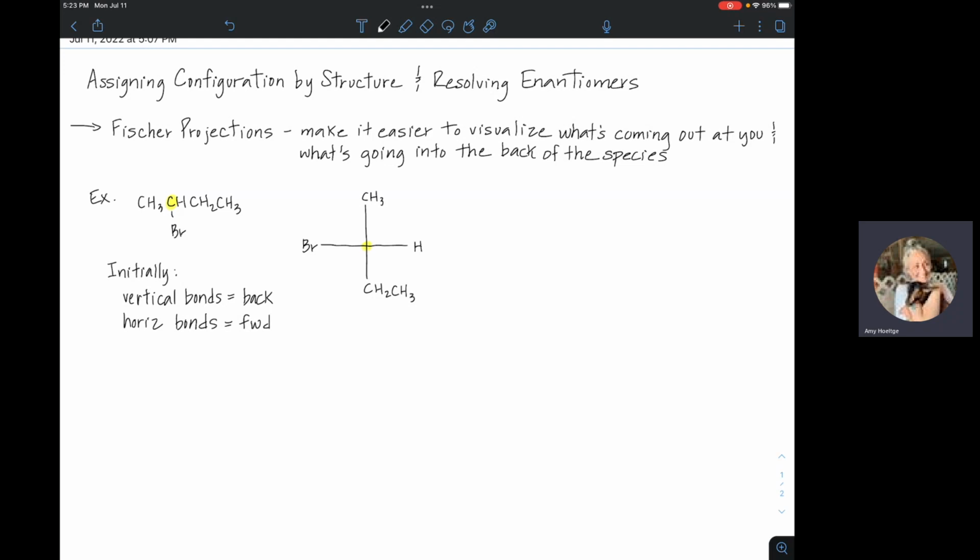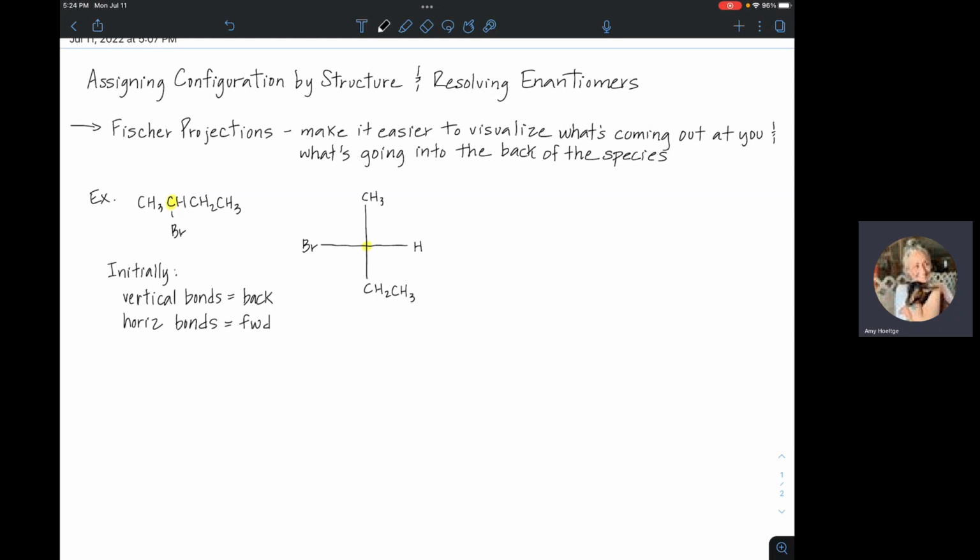But here's the deal. You have to assign priority to these groups, just like we did before. So whatever is the heaviest, right? Starting with your chiral center, you're going to move out in any direction. You're going to assign top priority to the heaviest atom. So the heaviest atom is going to be the bromine, and the lightest is going to be the hydrogen. So in a Fischer projection, what you're looking for is the lowest priority. The hydrogen is really what you're looking for here, and you want to make sure that the hydrogen is